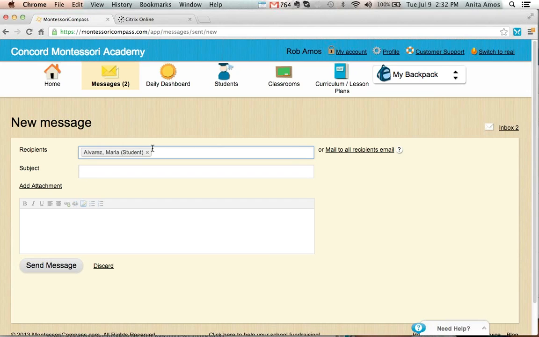The same is applied to calendar. So again, if there's a parent-teacher conference for this child, and it's on Thursday at 11 a.m., I post that to the child's name, and then all of the parents or guardians associated with her would be able to see that event. Same goes for photo albums, which we haven't talked about yet. So that's how that works in terms of messaging other people.